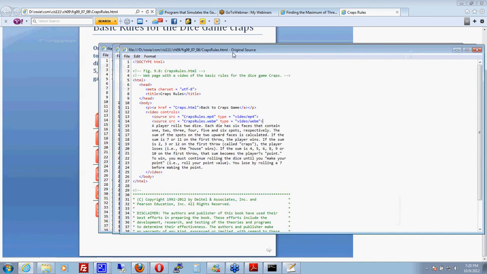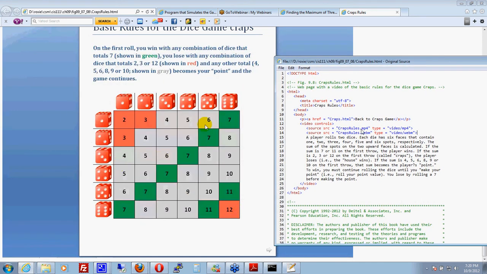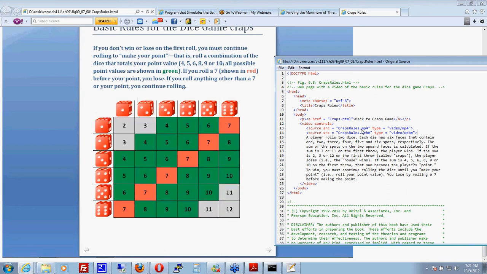The roll of the dice that we roll, a 3. That value becomes my point, and now I have to make my point before rolling a 7 on a subsequent roll. If I roll my point value, I win the game. If I roll any other value,